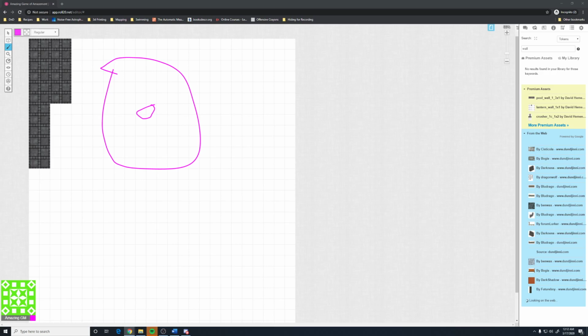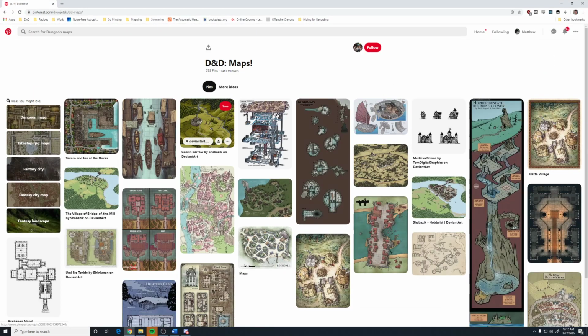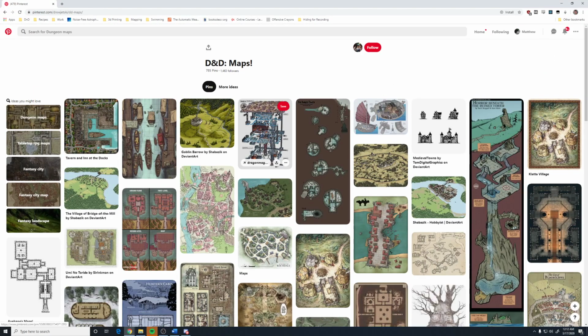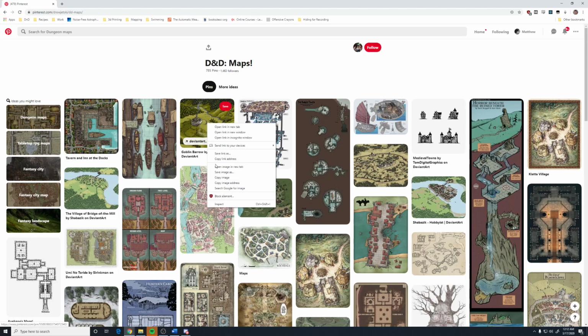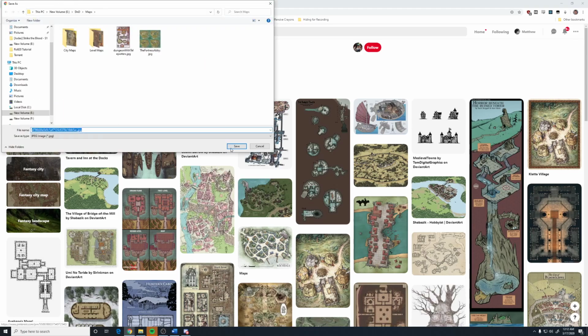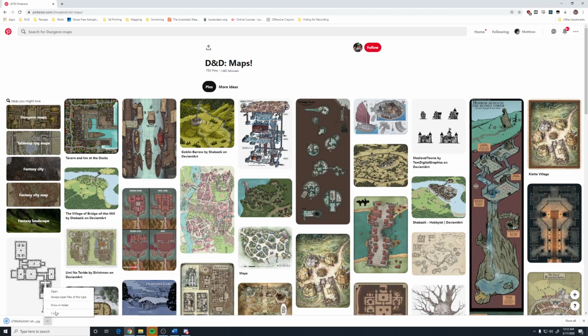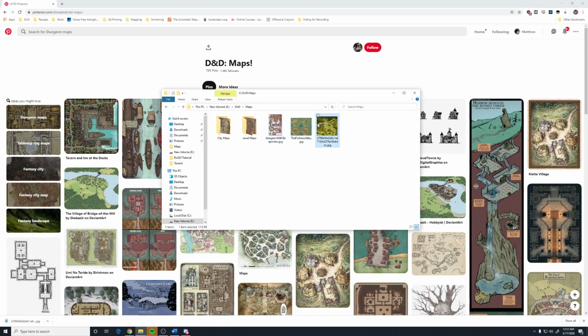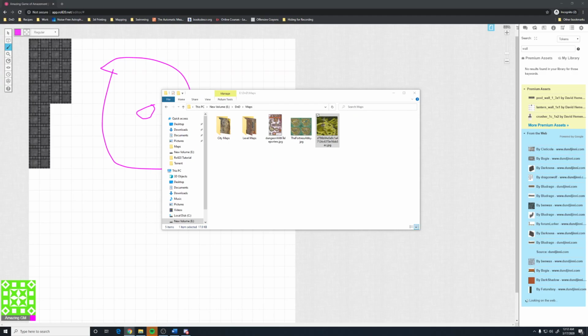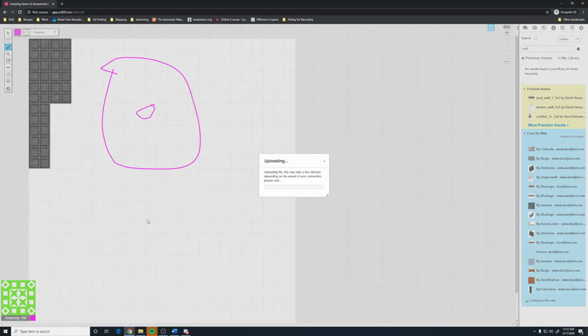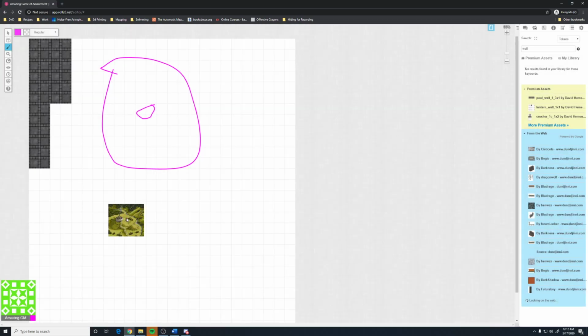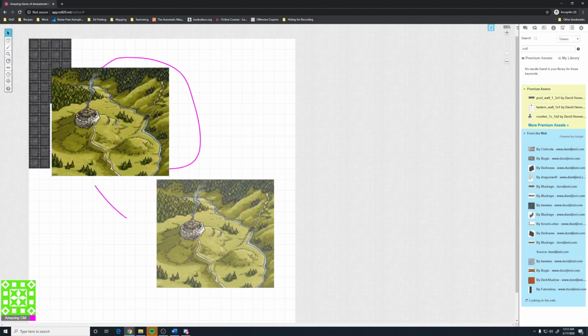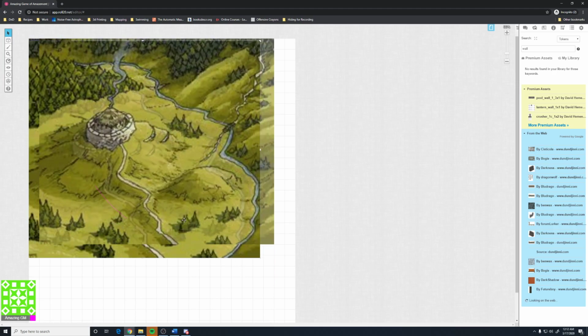Well, there's a trick about maps on Pinterest. So I'm going to pull this in so you guys can see. If I try to save this image here, this is not a high-res image. If I pull this over here, look, this is as tiny as it is. Oops, I was on the draw tool. This is as tiny as I expand it, it's going to get more and more blurry